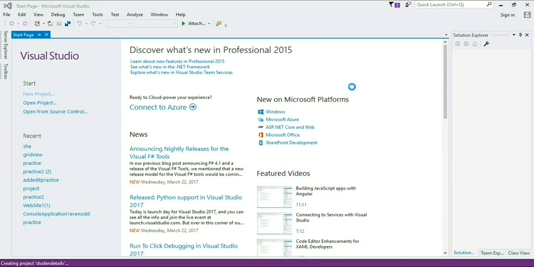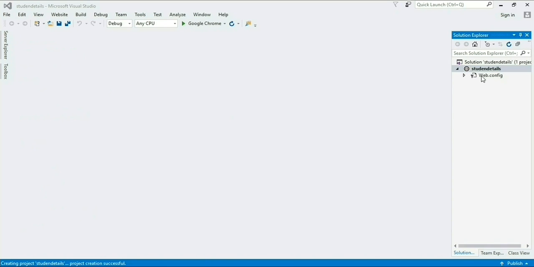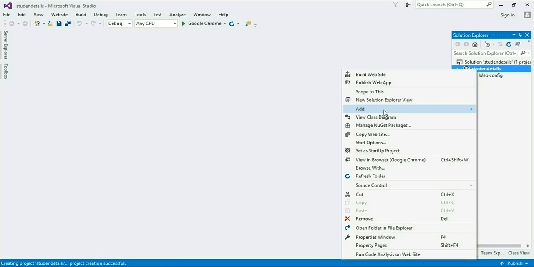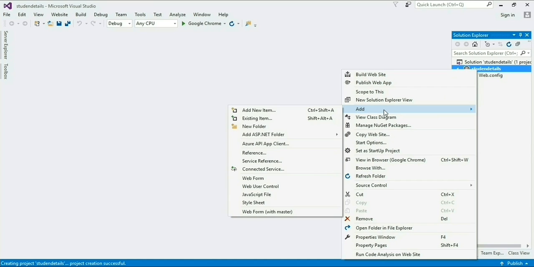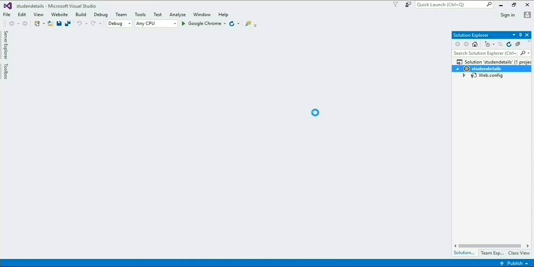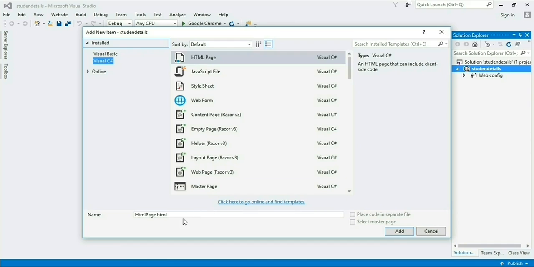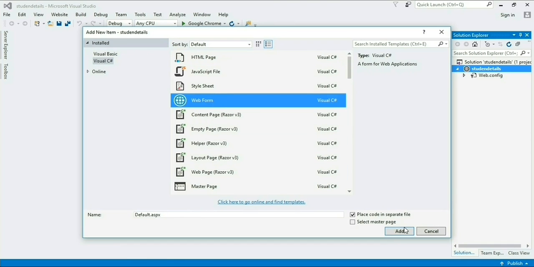Click on OK. Now see on the right side, Solution Explorer, right click on student detail, go to add and click on add new item. Select a web form and click on add.